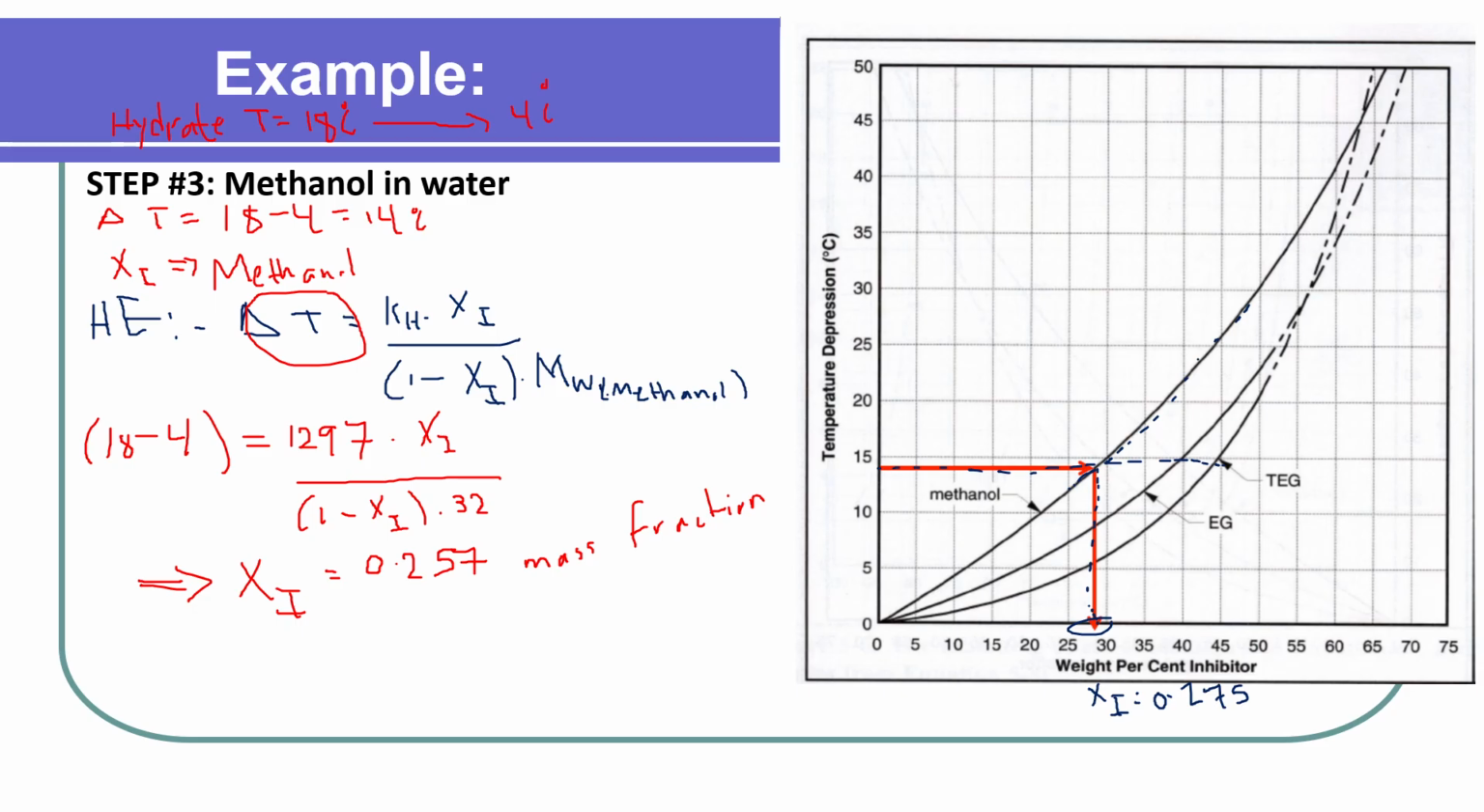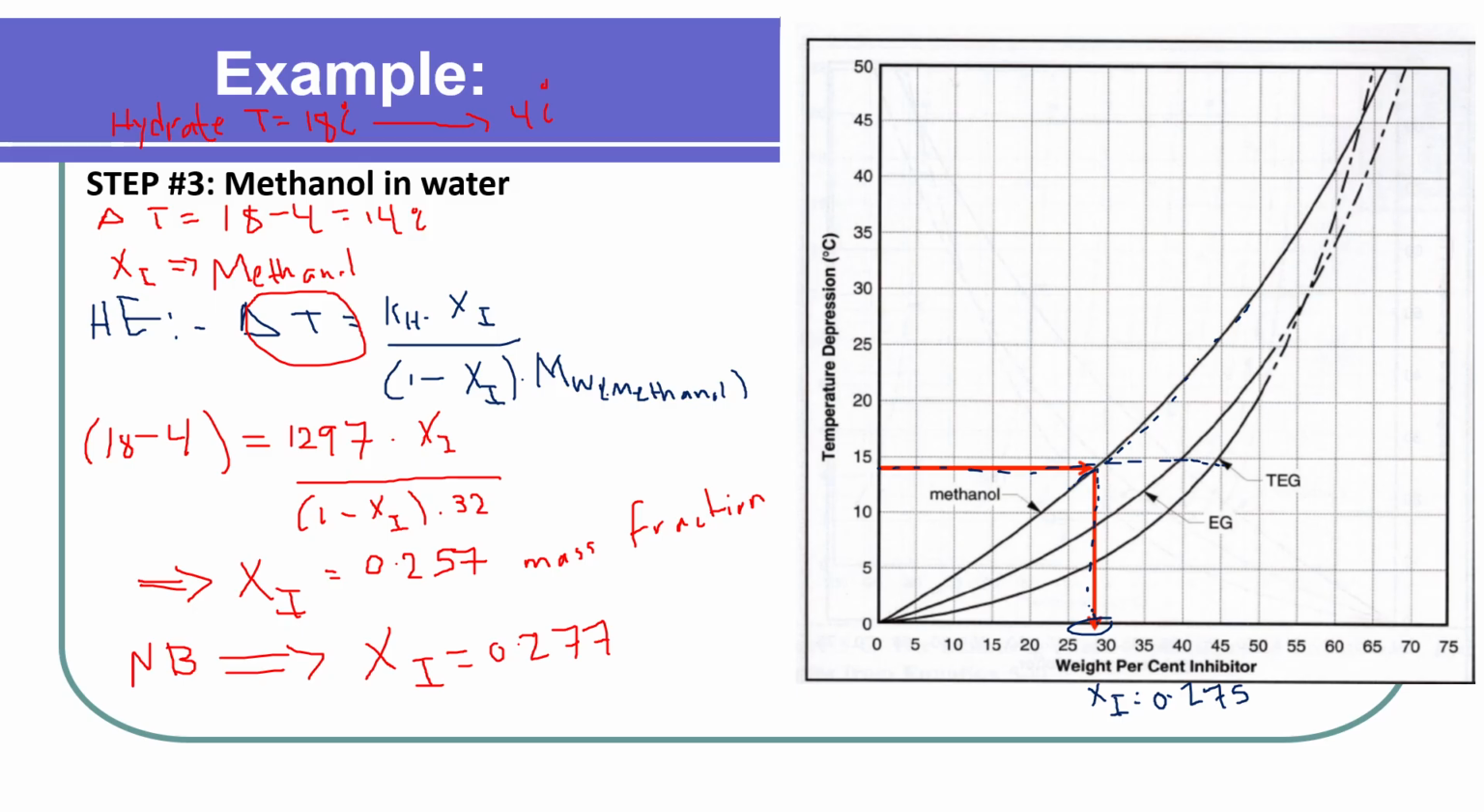Now, can you use another method? Yes, we can use the Nielsen-Bucklin equation, and please try to do this calculation at home. If you use the Nielsen-Bucklin equation, you will get X small, which is the mole fraction, and then you convert it to the mass fraction, which will be approximately 0.277. So now we calculated how much is the fraction of methanol